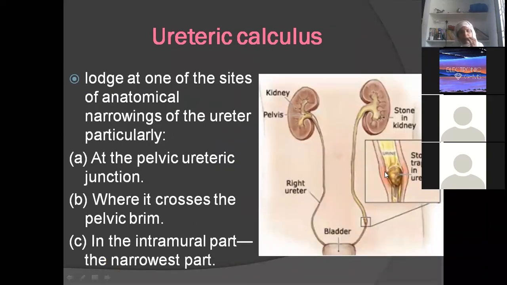See, renal calculus. We know the constrictions, no? Calculus means stone. The risk of these stones getting lodged is at the three constrictions we have: the pelviureteric junction, the crossing of the common or external iliac vessels, and the piercing of the bladder wall. As such, the lumen is 3 mm only, but in constriction areas it becomes more narrowed. These are the areas where the stones can get lodged easily and stuck.